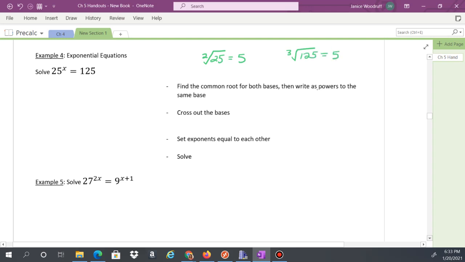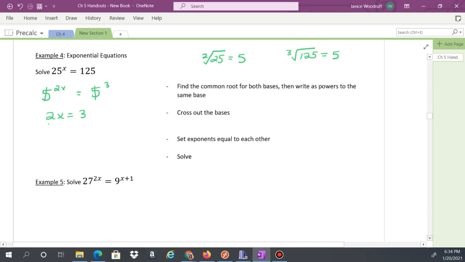So you have to know your roots here to be able to look at these. You're going to rewrite them as powers of 5, meaning you're going to write 25 as 5 squared, and you're going to write 125 as 5 cubed. And then you would bring down whatever's left in the problem. So there's an x that comes here. Okay, then since the bases are the same,